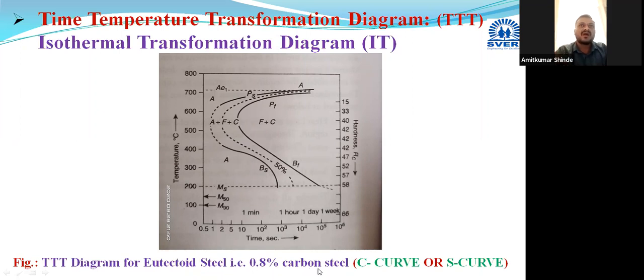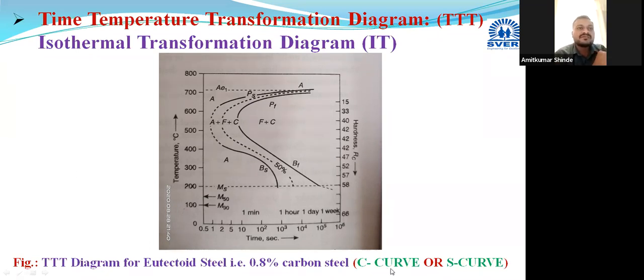And now one by one we are collecting these samples. At a specific time interval, one sample is collected. It is cooled or quenched in the water or brine solution. And sample number 2 is collected, then it is quenched in the cold water or brine solution. Means we are quenching the samples which are kept at the constant temperature, and we are checking their microstructures after cooling them up to room temperature. We are checking the microstructure.